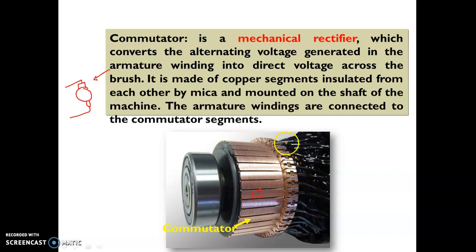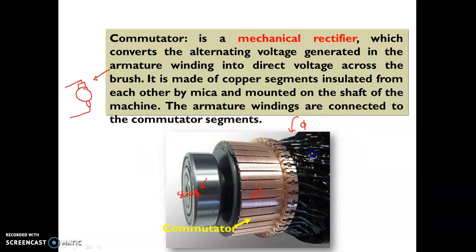Here you see windings are placed, and once it is rotating, this winding cuts the magnetic flux. This is your shaft. Once it is rotating, this part also rotates, and this winding cuts the flux on the stator part. Already this flux is coming through the stator part, and induced EMF is produced. This induced EMF comes here, and it is collected through the two brushes, one this side, one another side, and DC output is obtained.